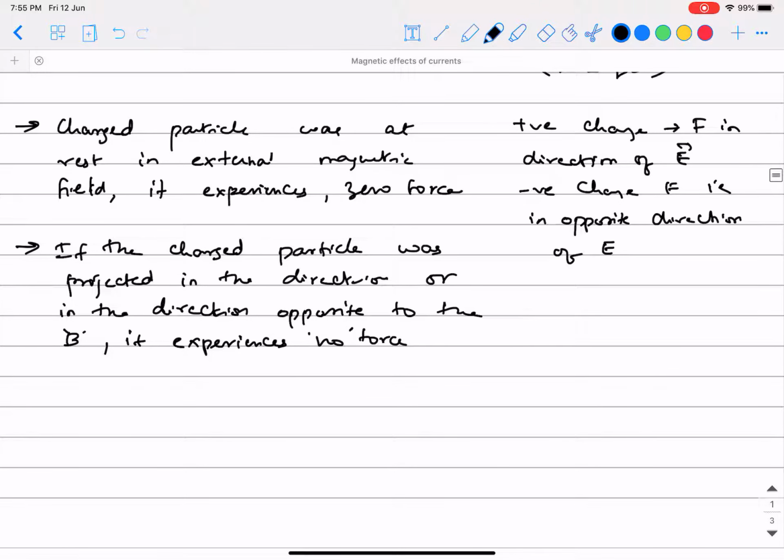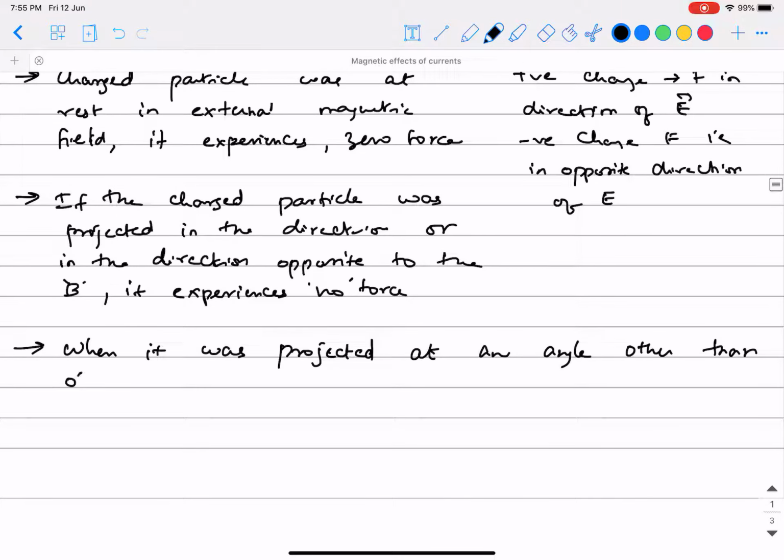And the next point that was observed is, when it was projected, when I say projected, it is given some velocity. When it was projected at an angle, obviously other than 0 degrees or 180 degrees, it starts experiencing a force. The force is given by the expression